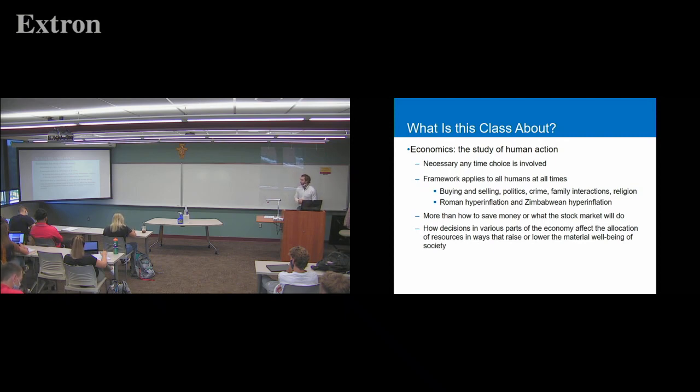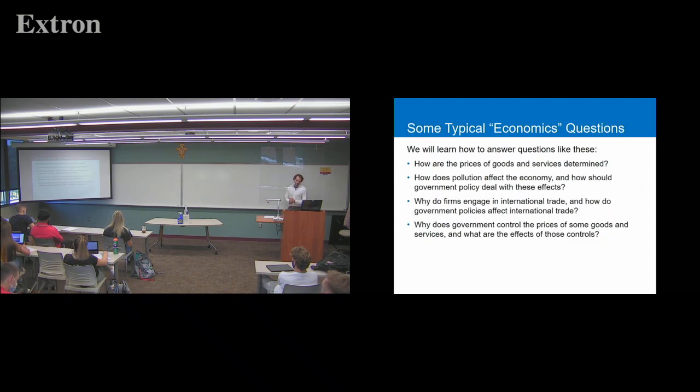Obviously, we hope that the allocation of resources that we have will raise the material well-being of society. So Henry Ford invents the assembly line. We now can use fewer resources on building cars, so we can use those resources for other things. Suddenly the economy's better off, we have a higher standard of living. But we can also make mistakes, we can waste things, and end up giving ourselves a lower quality of life. Our society worse off.